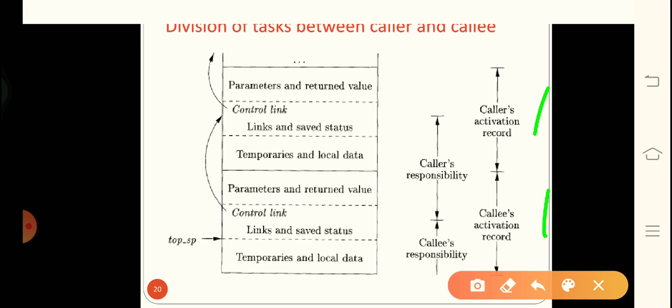The roles are clearly mentioned, showing which area is covered by the caller and which area by the callee. What needs to be taken into consideration here is only the control link, which is transferred from one place to another. Temporary and local data are already available in the memory stack, but this control transfer has to be considered for every function call, wherever it occurs in the program.